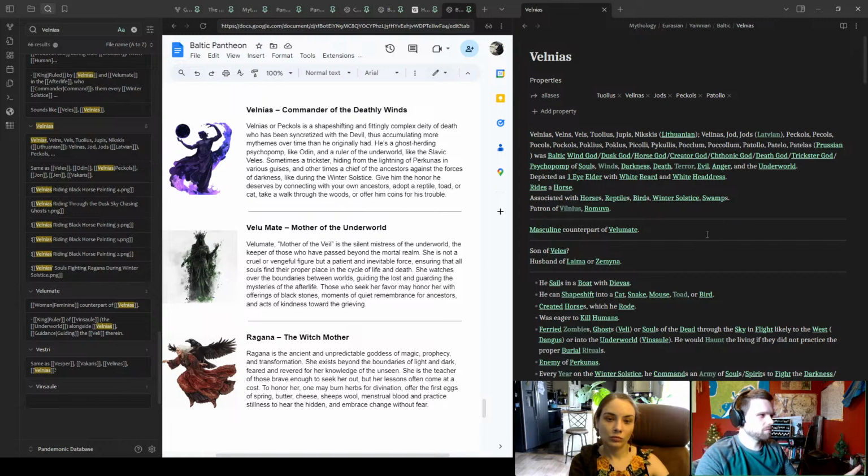And it's a very interesting motif. Many people relate that to why Odin and Velnius and Veles are like Santa Claus. It's a little loose, but it's still interesting, is that he's flying across the sky and he's got a bunch of animals that he's herding and perhaps spirits. The relationship in particular, the really interesting myth that we discovered in this book with Velnius, is that every winter solstice, so around the time of Christmas, he